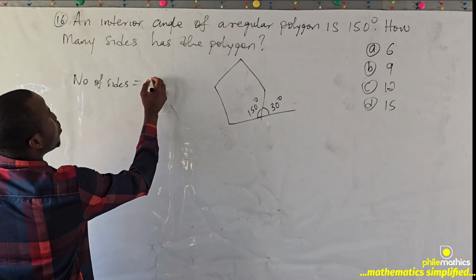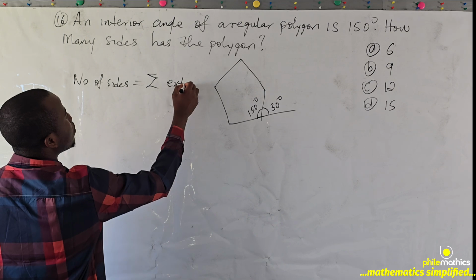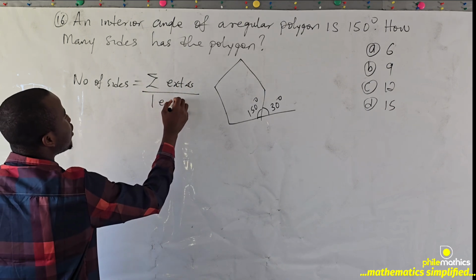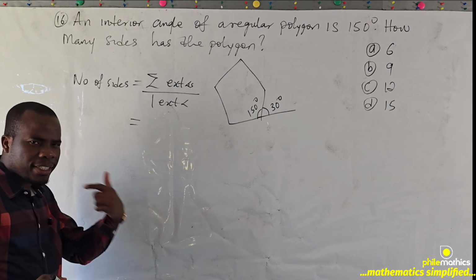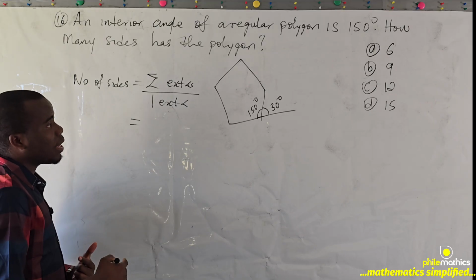That means sum of the exterior angles over one exterior angle. The sum of the exterior angles of a regular polygon is 360,